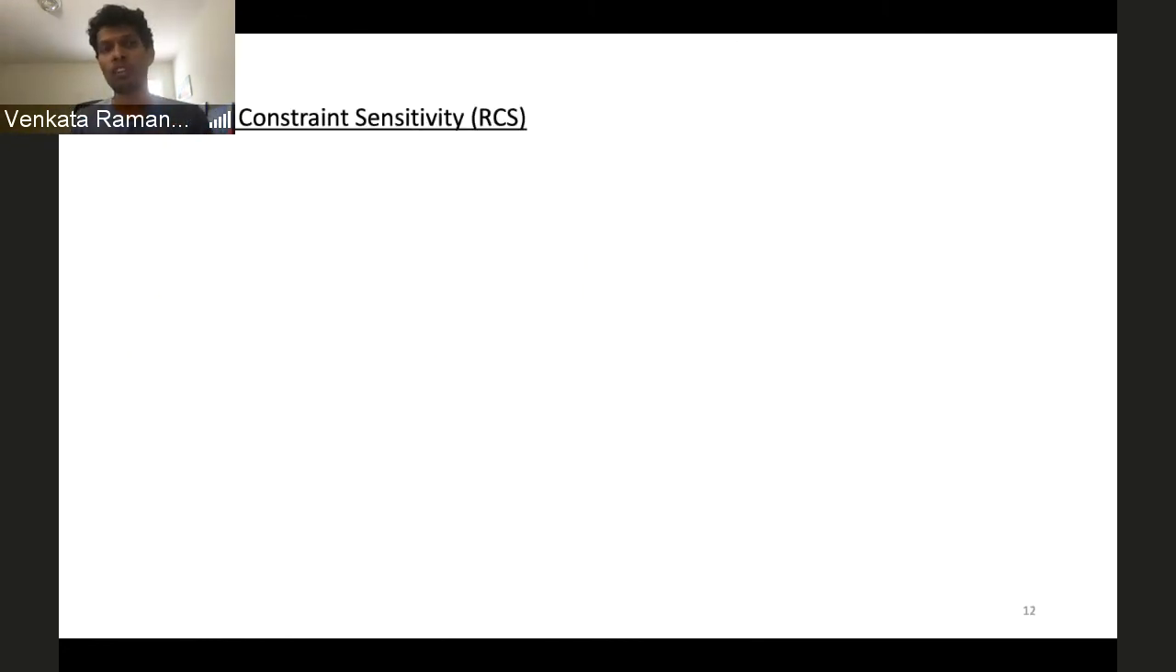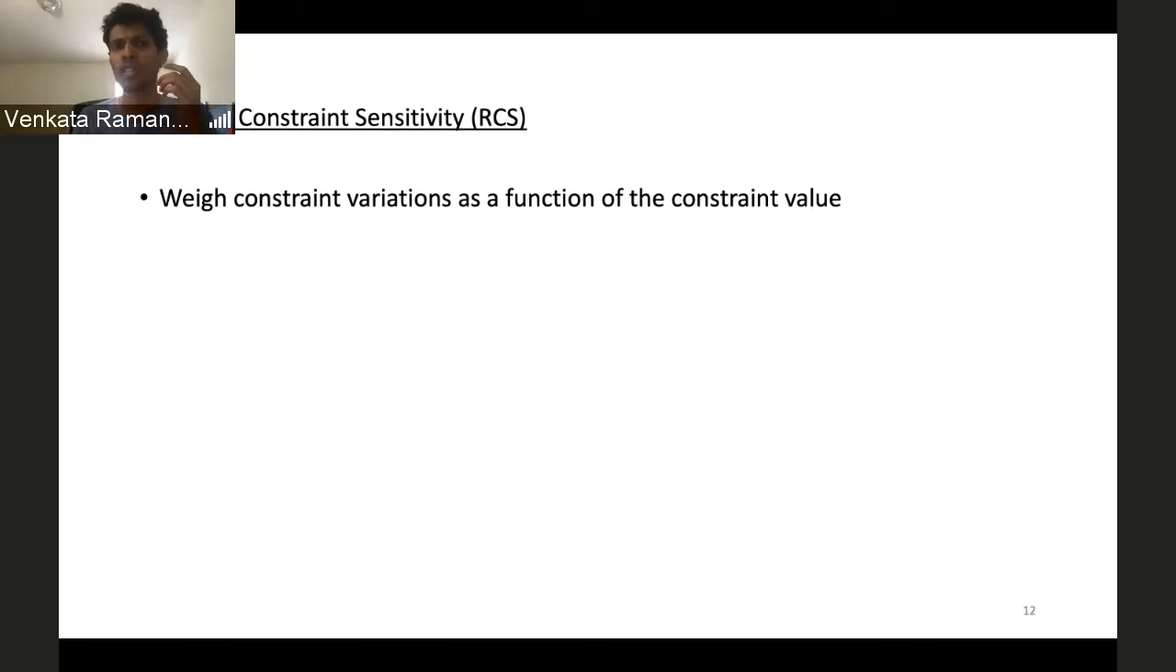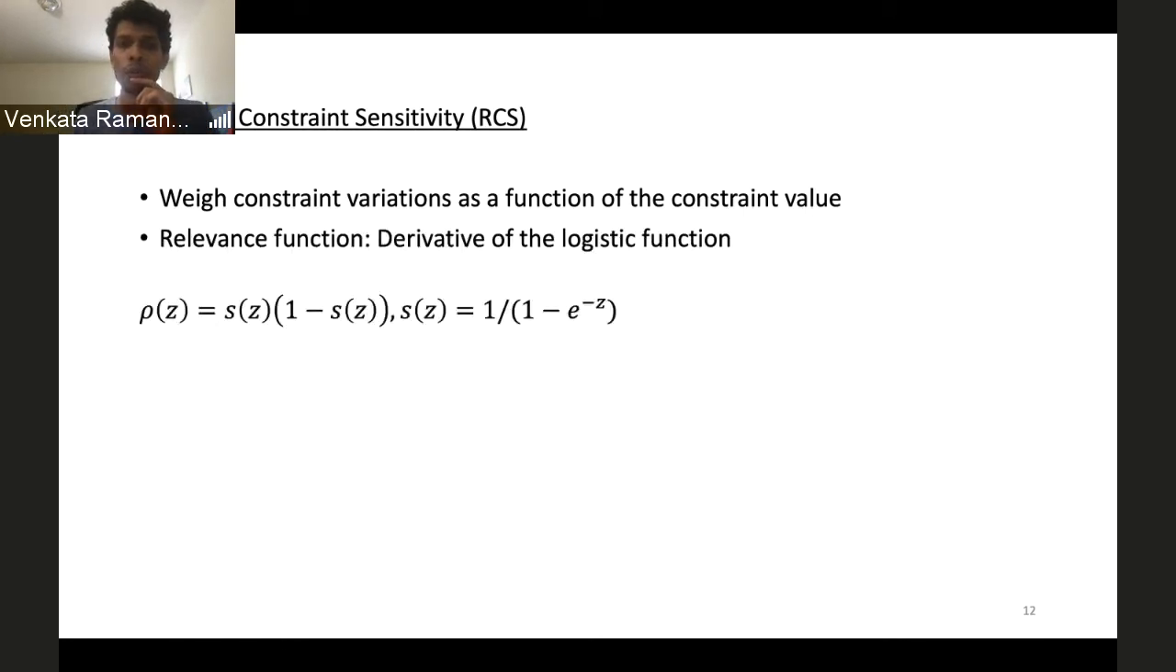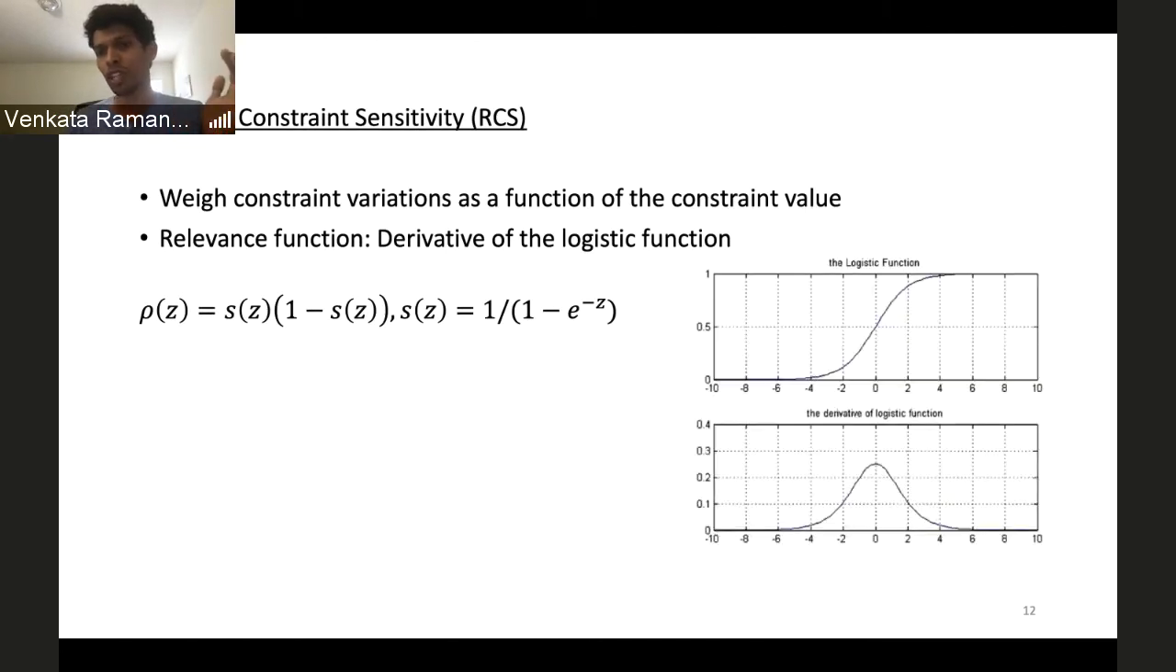And to this end, we define what is called relevant constraint sensitivity, where we weigh constraint variations as a function of the constraint value. And we introduce what is called a relevance function. And in this set of work, the candidate relevance function is the derivative of the logistic function. So if you look at the logistic function's derivative, you can see that it has this bell-shaped structure with decaying tails. So which means if 0 is the value for the constraint that you see at a point, that's where you have the maximum